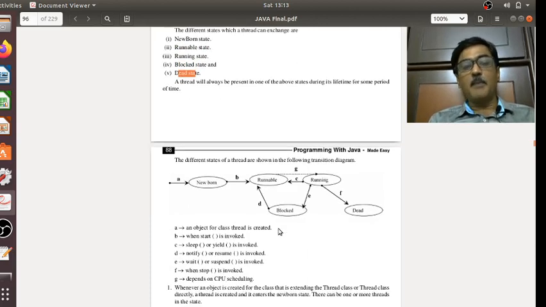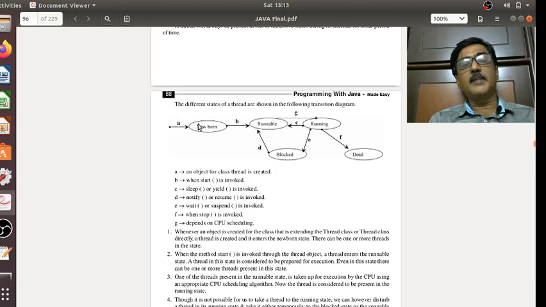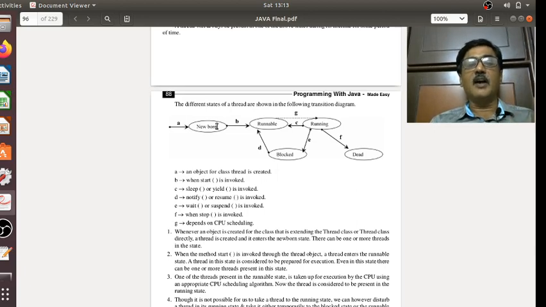The moment I create an object for the thread class, the thread enters the newborn state. Whether we create an object directly for the thread class, or for the derived class of the thread class, that is the child of the thread class, we are creating a new thread and taking it into the newborn state.